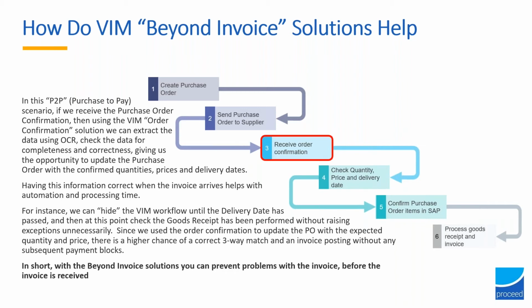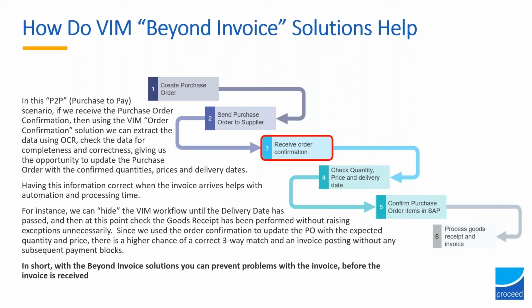We can check for completeness, we can check for correctness, and have similar rules and checks and balances applied. We can update the purchase order with the confirmed quantities, the prices, and the delivery dates. By sending the order confirmation, the supplier is in effect committing to deliver